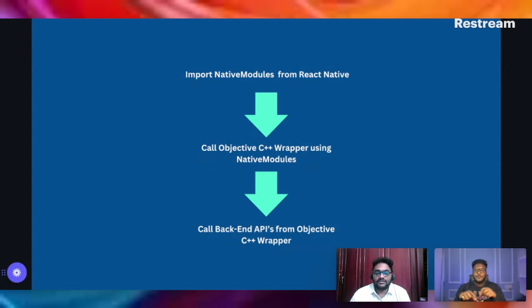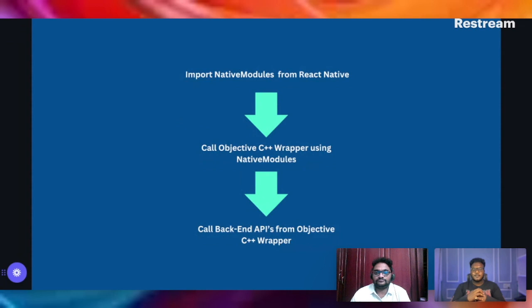So we have our APIs implemented, I mean the link to our APIs implemented in the Objective C++ wrapper, right? So we need to call that link using the native modules library. Then, as usual, once we call that bridge or link, it will call our backend C++